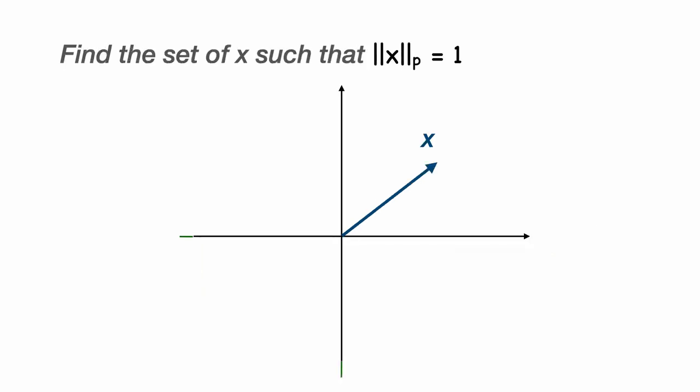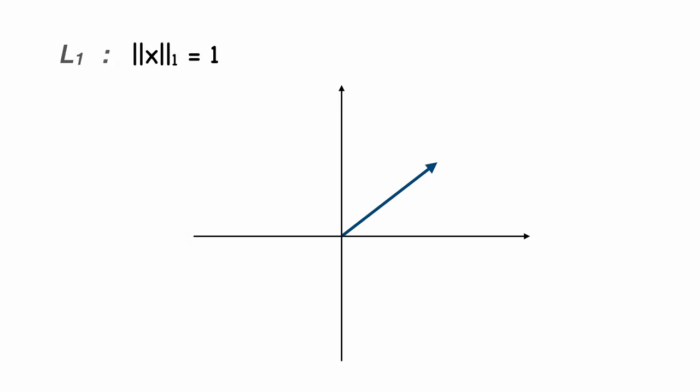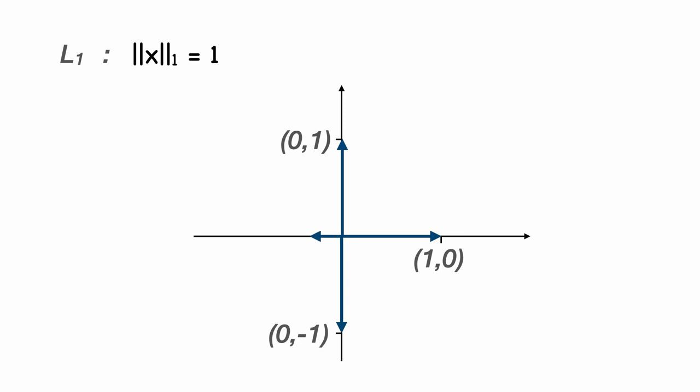So let's try and get a feel for the different LP norms. We can visualize a set of vectors such that the LP norm of each vector is equal to 1. We'll stick with two dimensions, and we can do this for any value of p. Let's start with the L1 norm of x equal to 1. Remember, this is the sum of the absolute value of the components of x. We can already see four vectors which satisfy this equation. These are the vectors pointing to the coordinates (0, 1), (1, 0), (0, -1), and (-1, 0).